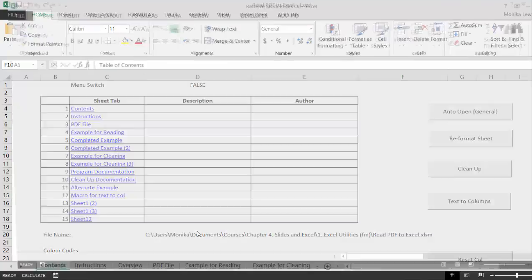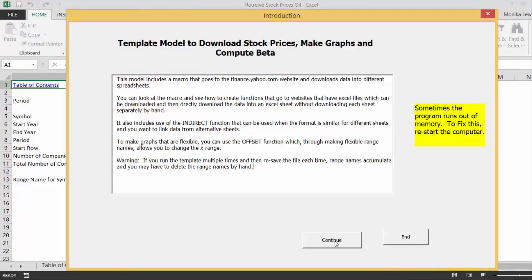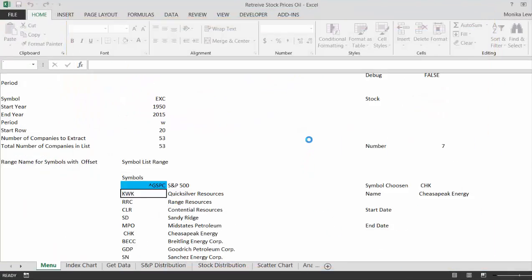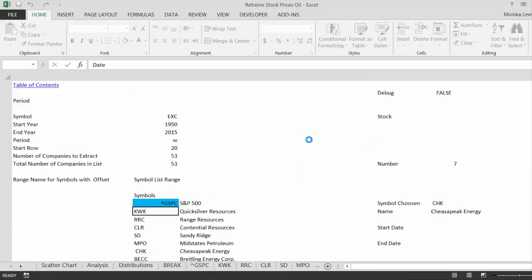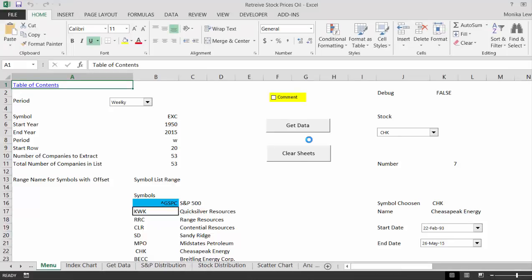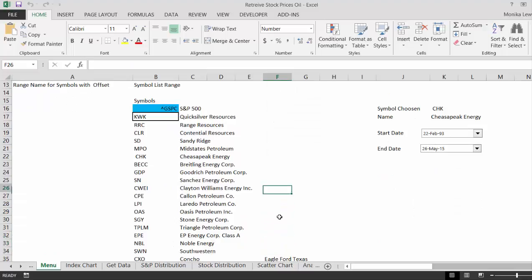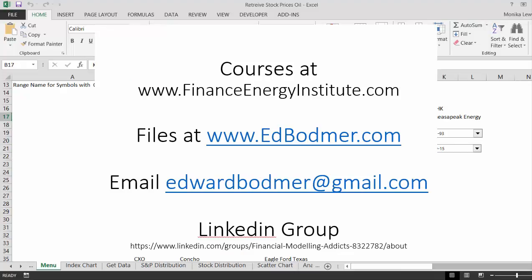Okay, so there's a little introduction with a user form and a macro, and then in this case, I just collect a bunch of oil prices. For me, one of the most difficult things is this. Here are some ones I like.